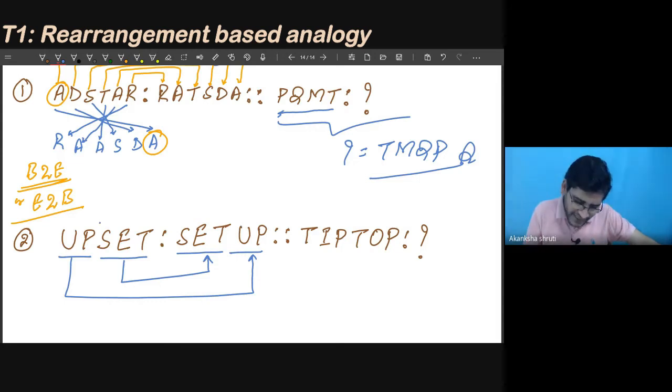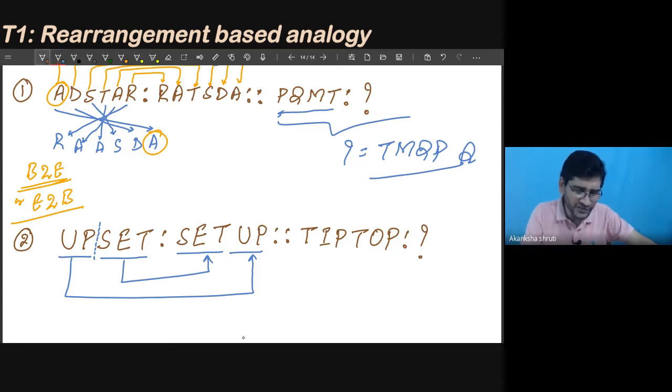So this complete can be understood, it is in the 2 parts where these parts are just copied. Similarly, you need to break it into the 2 parts. Then the question is how to break, because here it is the 5 characters, but in tip top there is 6 characters. For that you need to